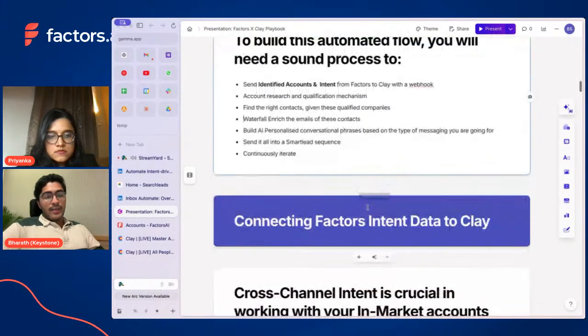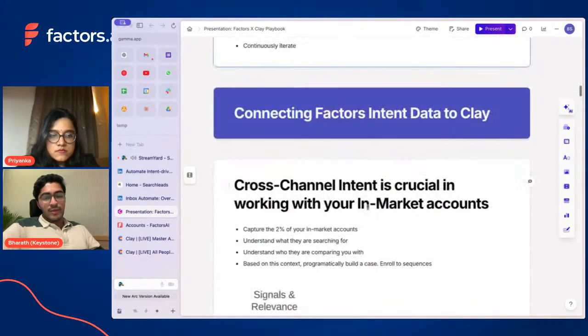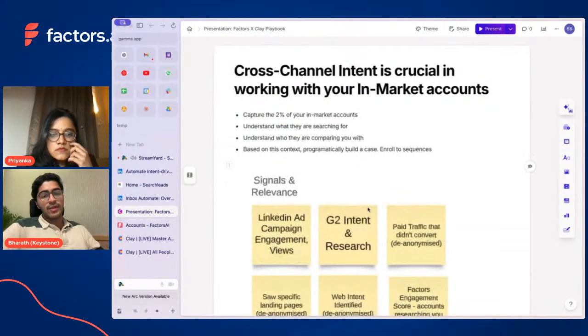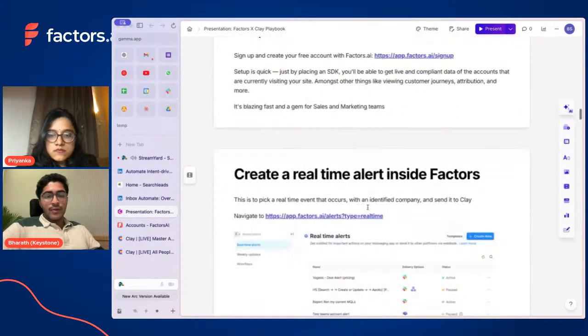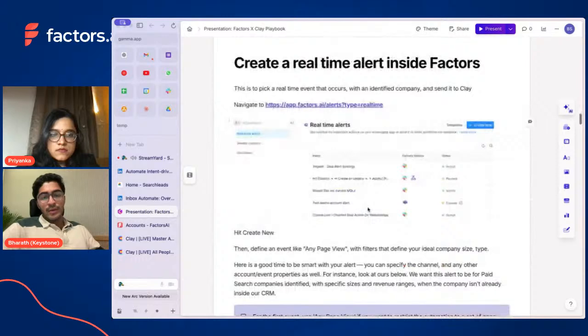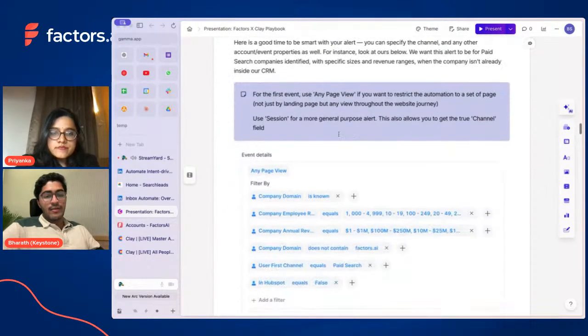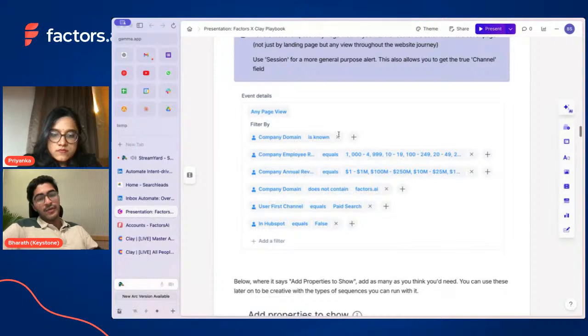And so, Priyanka, I think you were starting off with how it actually looks to push data into Factors. To do that, if you have a Factors account, you basically just create a real-time alert. When you create this real-time alert, you get to decide very specific filters.